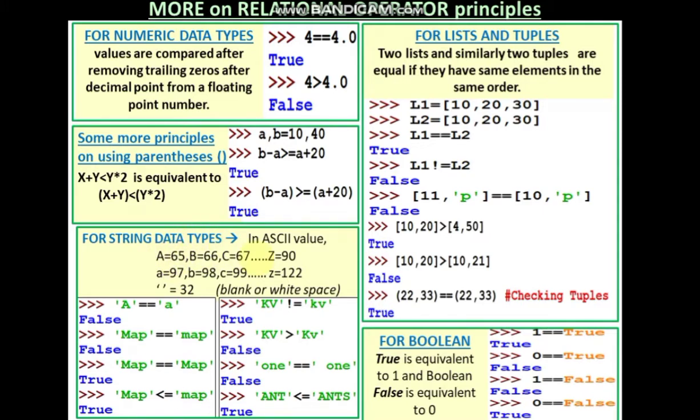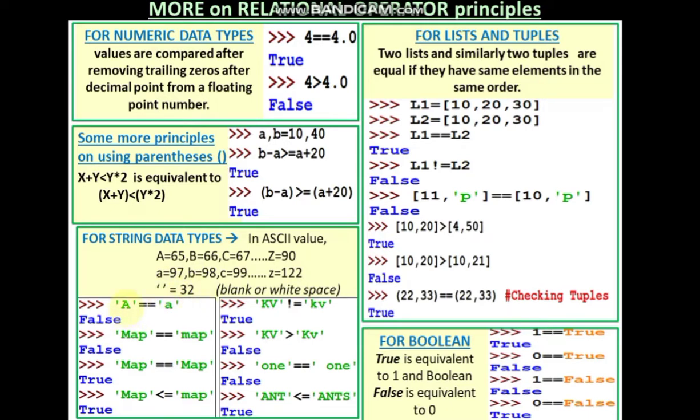Like that onwards, capital B is 66 and C is 67, like that. Capital Z is 90. In the same way, small a is 97. So capital A you can work on till Z. Remember the small a's value, that is 97, you can work on till small z. And space is 32, blank space.